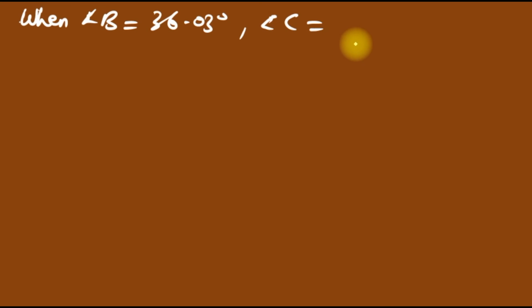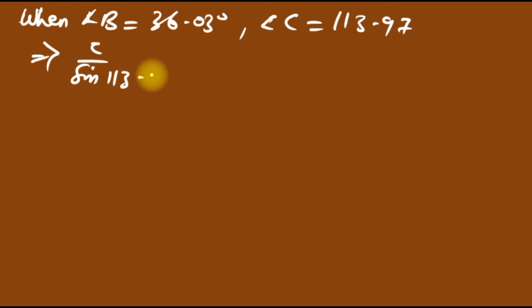So for the first triangle, when angle B is 36.03, angle C is now equal to 113.97. So applying sine rule, we have c over sine 113.97 must be equal to